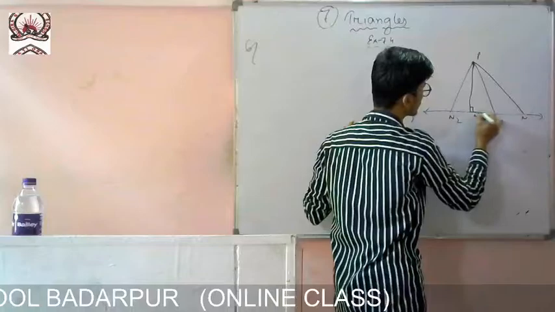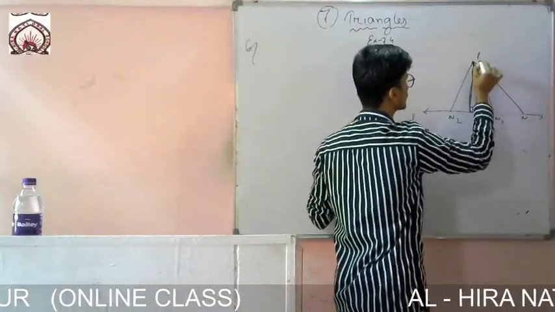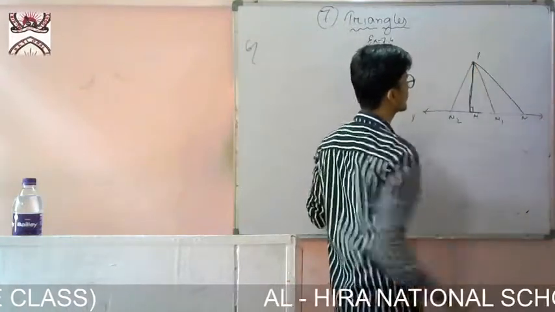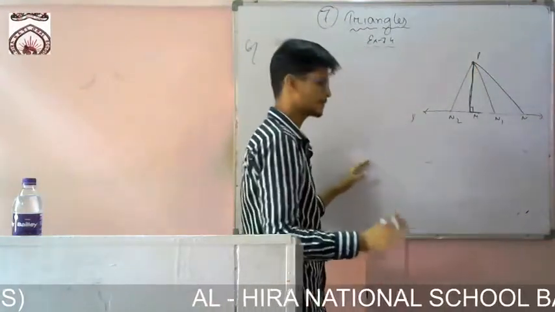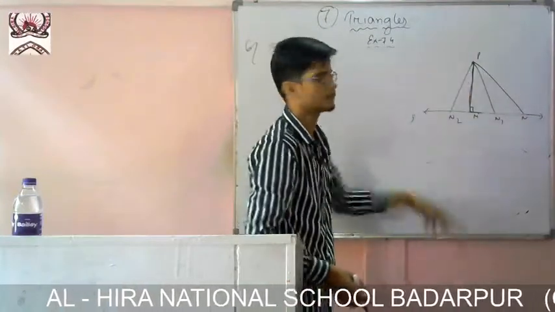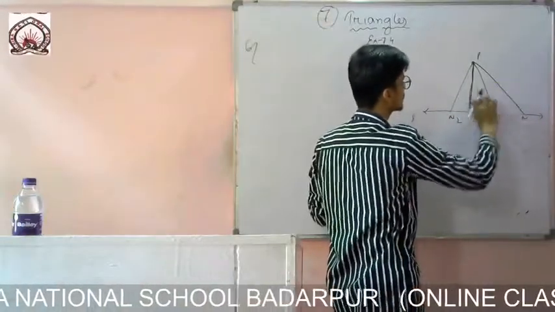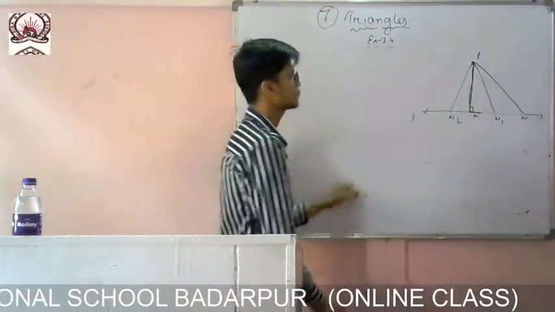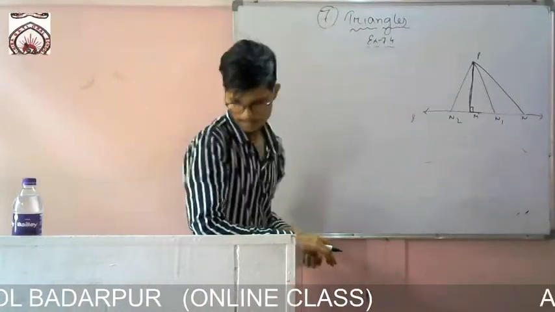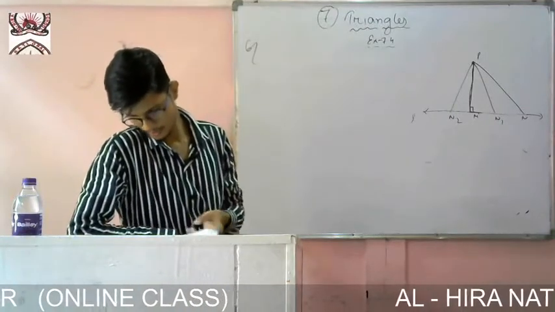So that means this is the perpendicular line, 90 degrees. So this one will be the shortest. Whatever other lines I draw from that particular point, this one will be the shortest in length. The one which comes directly down is the shortest compared to all the others. So I have to prove that PM is the shortest line, then only I can say that the perpendicular line segment is the shortest.